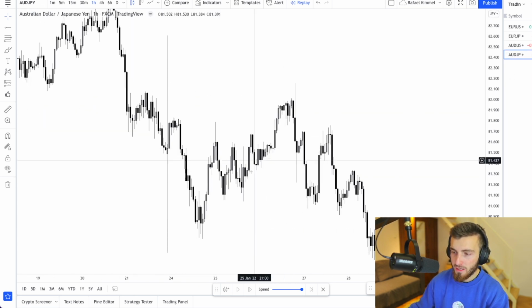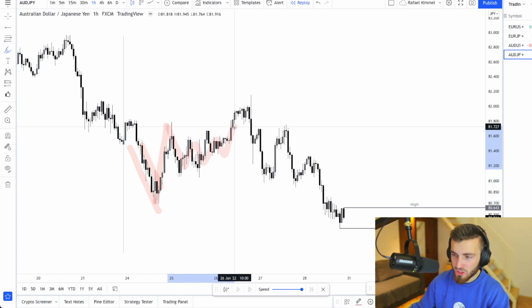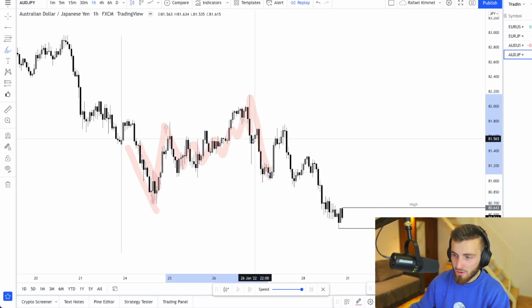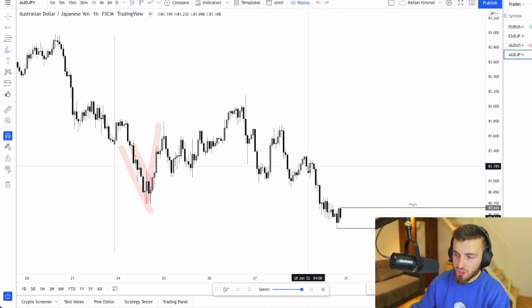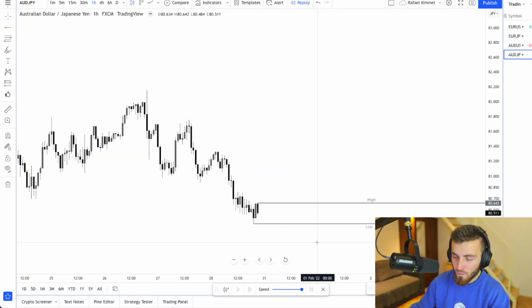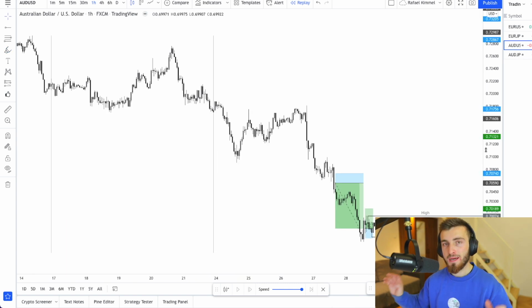Aussie Japanese yen, there were no trades right here. It was just kind of range bound the whole week. We have this descending channel, impulse up, and then we were just ranging. We move down, we move up very impulsively, move down impulsively. We range. So I know that some of you took this trade right here, but that to me was not something that I would personally enter. So let's see how much I netted for this week.